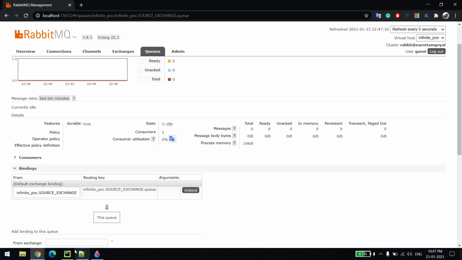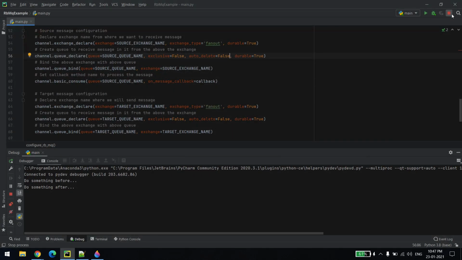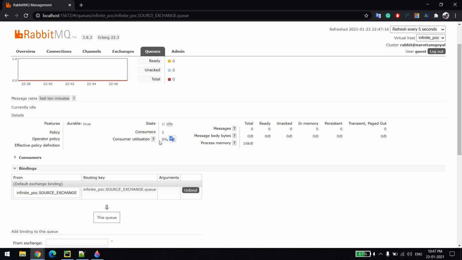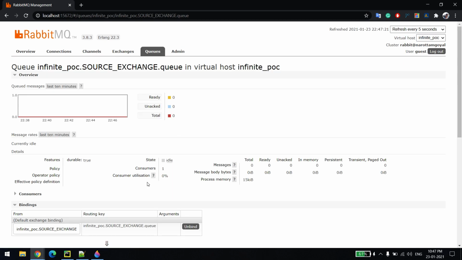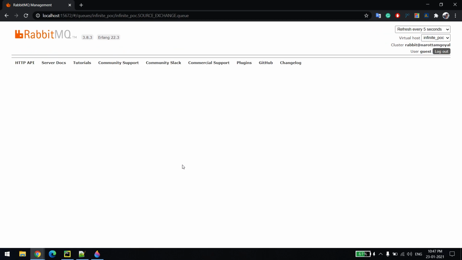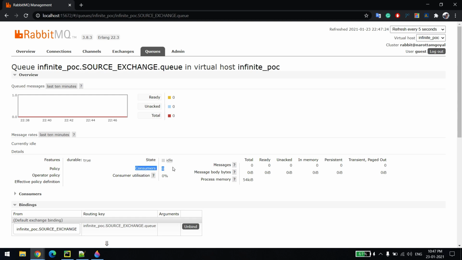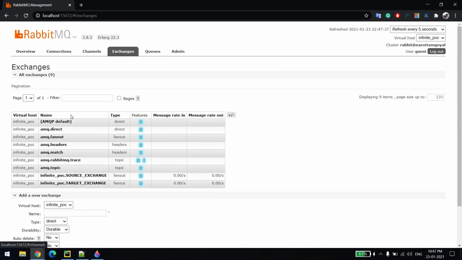All right, I'll go back to the application. If I stop it this time, done. Let me refresh it. It's going to take some time, I think. Yeah, you can see the consumer became 0. All right, this is a basic fundamental. I hope I was able to help you understand how you can send and receive events in your Python application. I'll show you the demo once more.